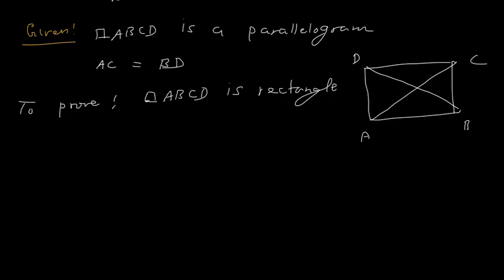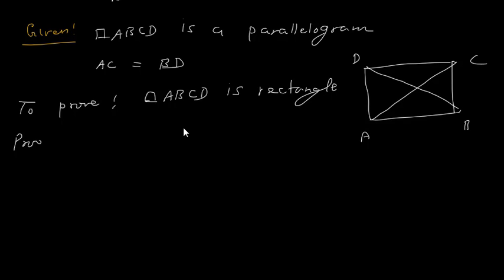And what is it for a rectangle? A rectangle is a parallelogram with each angle 90 degrees. So here you have to prove that each angle is 90 degrees. That's it. So for that, let us take two triangles: triangle ABC and triangle ABD. We can take these two triangles like this. There are various ways. You can use any one way.